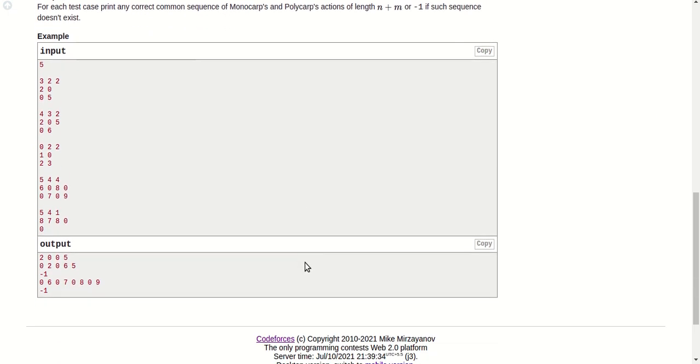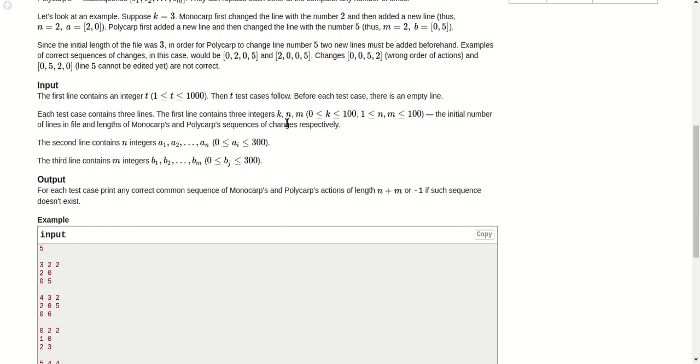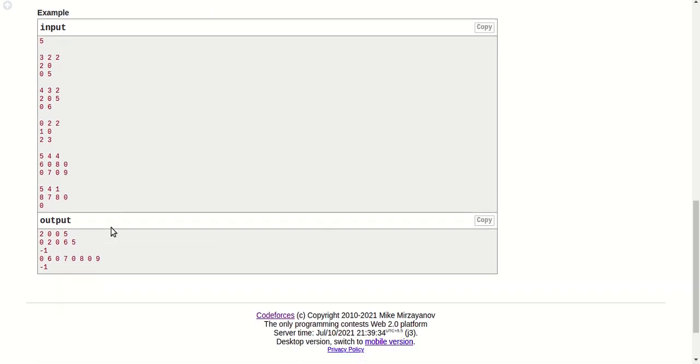So let's check out this example. The first value is k, then n and m. Here k is 3, so initially there are 3 lines, and Monocarp has 2 operations and Polycarp has 2 operations. For Monocarp the operations are 2 and 0, and for Polycarp they are 0 and 5.